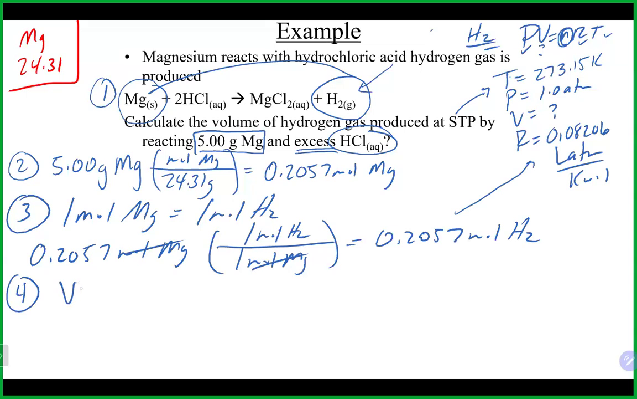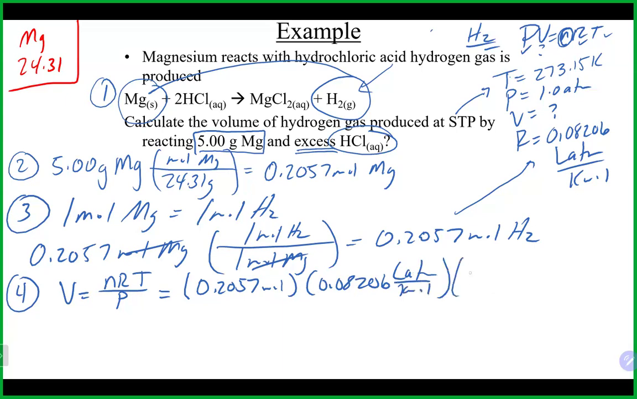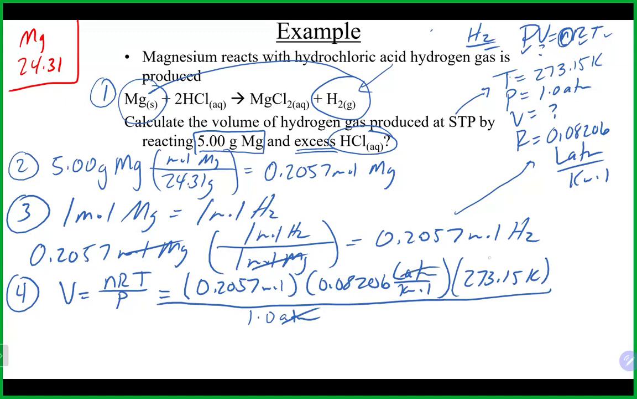And again, here we could go into our ideal gas law. Volume would be nRT divided by P. Putting in our moles, 0.2057, our gas constant, and our temperature, all divided by our pressure, which in this case is a 1. Atmospheres again will cancel, Kelvin will cancel, moles will cancel, leaves us liters. And in this case, it looks like we're going to get 4.61 liters